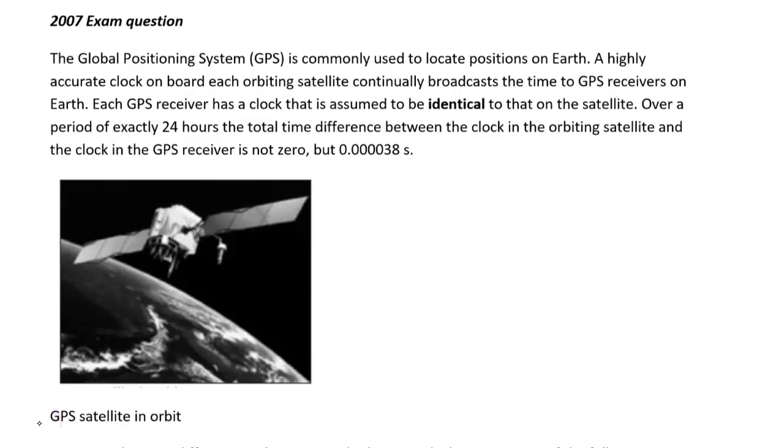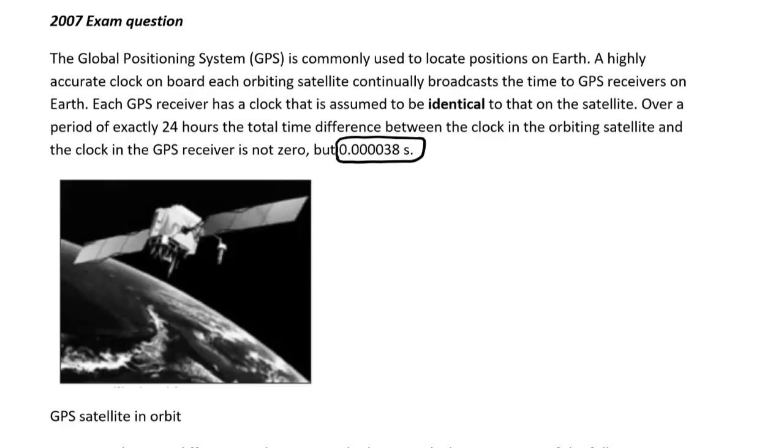A really nice example of relativistic effects in action is in our GPS satellites. There is a measurable difference in the time that they measure compared to the clocks back on Earth. So this is a really wonderful example to have a look at. We're told that the time difference in a 24-hour period between the clock and the orbiting satellite is not 0,